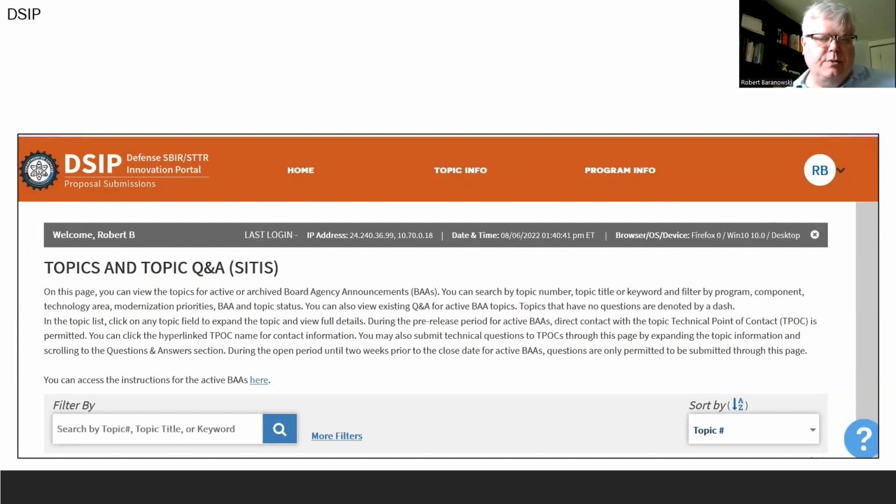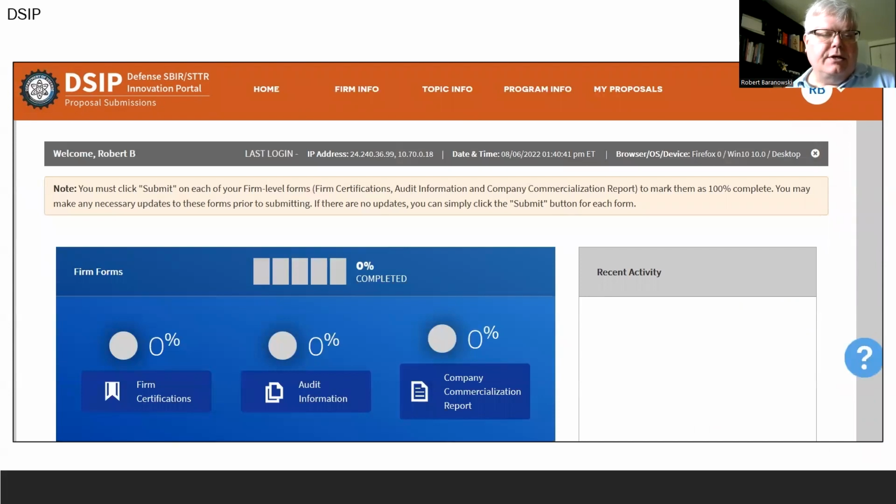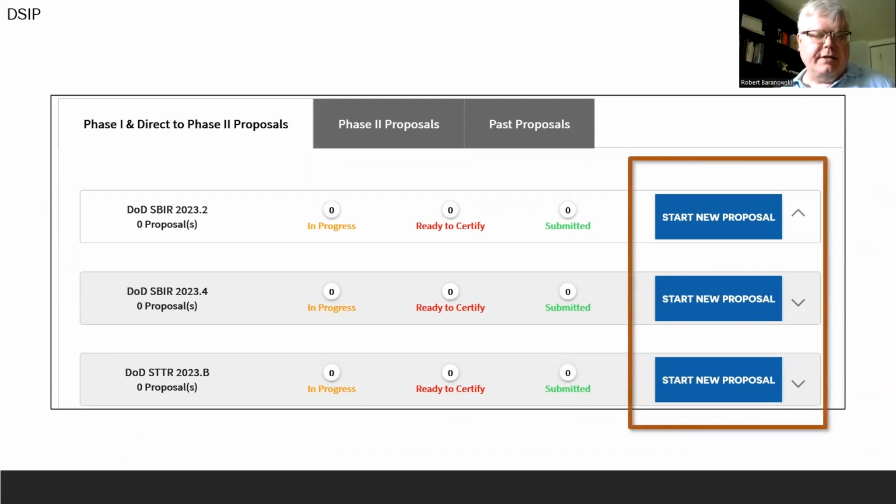Once you are logged in, you will see that the Login Register button is changed to your initials or your company's initials, perhaps, and you will be able to select a topic for the grant from these filters down below. When you click on Home, it will bring you to this page. And scrolling down, you will see that there is an opportunity to start a new proposal. By clicking on one of the Start New Proposal buttons over here on the right,